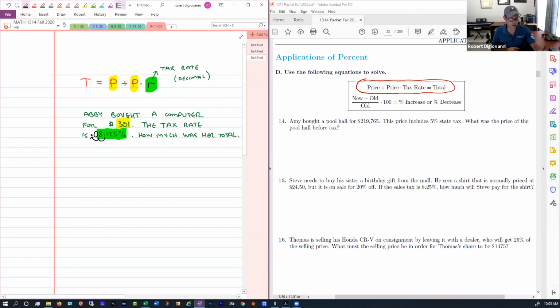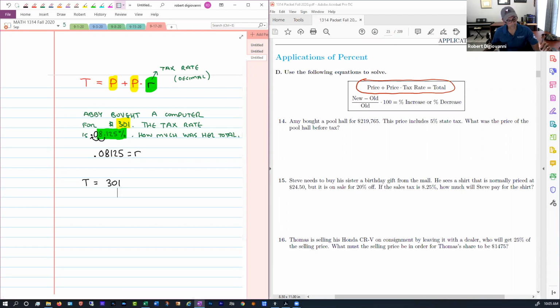So this becomes 0.08125. That's our tax rate, that's R. So once you have this, it's just a matter of plugging into the formula, getting your calculator out, punching things in, and being done. So our total will be